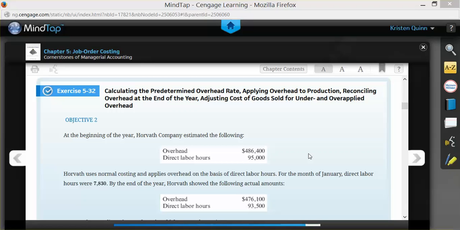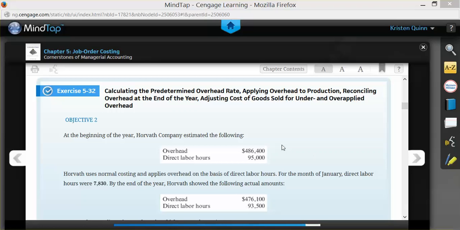Applying. In this example, we'll be using exercise 5-32, which can be found in your textbook on page 216. In this example, we're going to be calculating the predetermined overhead rate. We're going to apply it based on actual use of cost drivers, and we're going to reconcile at the end